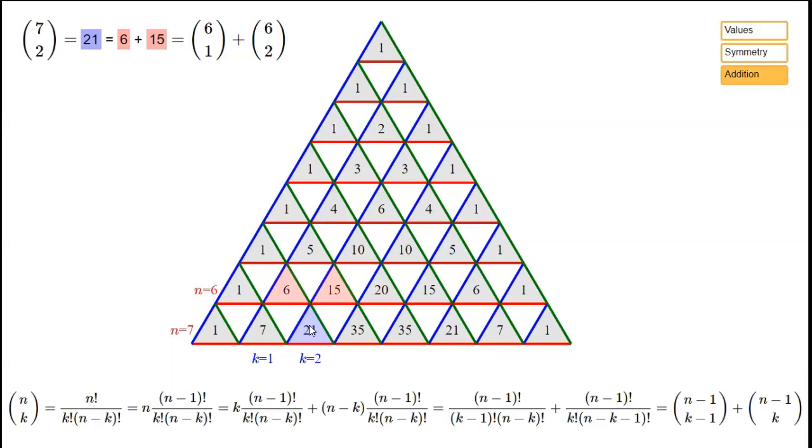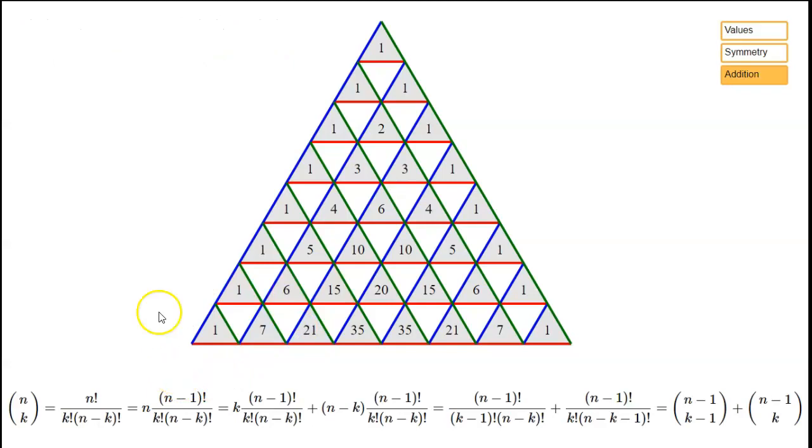So we should again try and understand why that is. As with the symmetry property, in some sense the best proof is a bijective proof, showing that we have two different finite sets. One of them has size 7 choose 2, and the other one has size 6 choose 1 plus 6 choose 2, and there's a bijection between them, so we see that the numbers are the same. But that proof doesn't really fit on this screen, so instead we've given a proof at the bottom using the